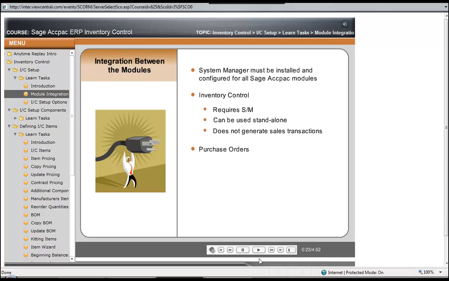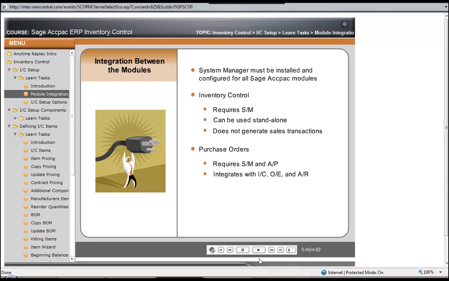Purchase orders can be used without inventory. However, it still requires accounts payable to track vendor invoices. Using purchase orders without inventory control is especially helpful for companies who do not have inventory yet still desire to maintain a purchasing system. Purchase order automatically integrates with inventory control, order entry, and even accounts receivable if these modules